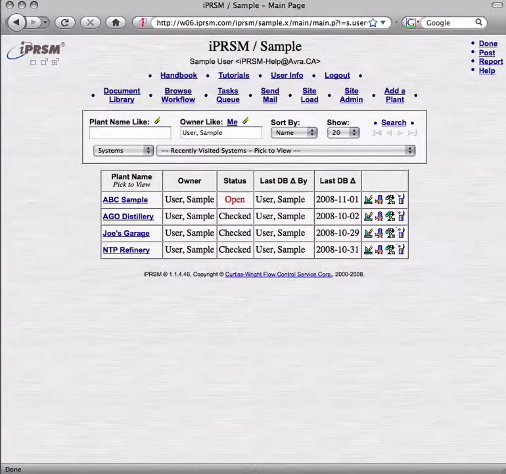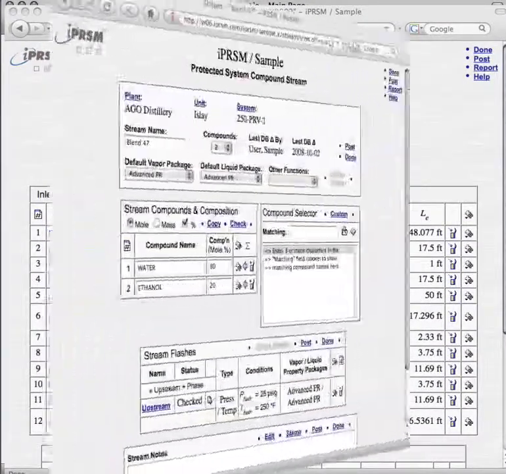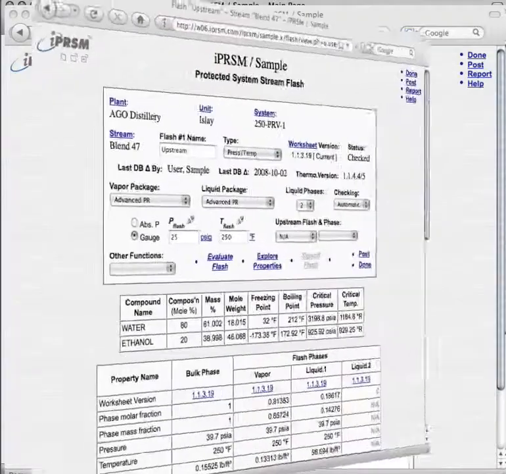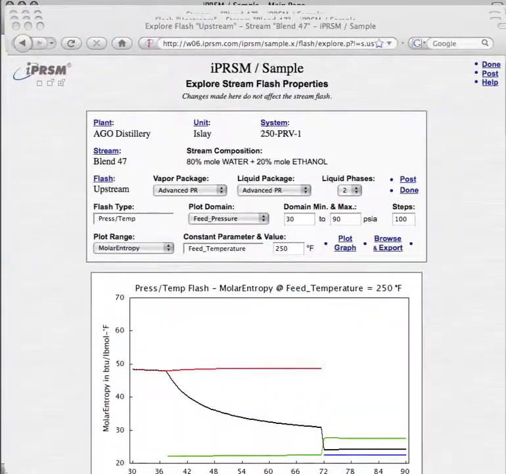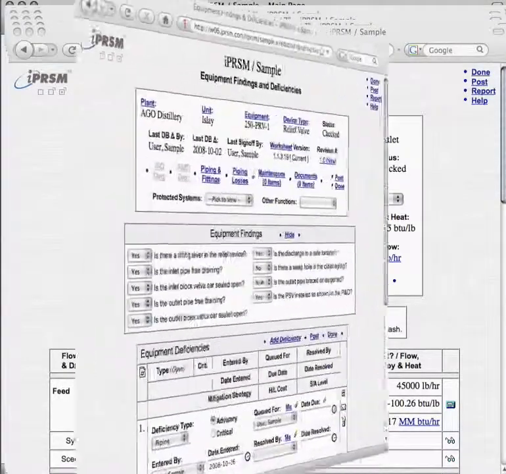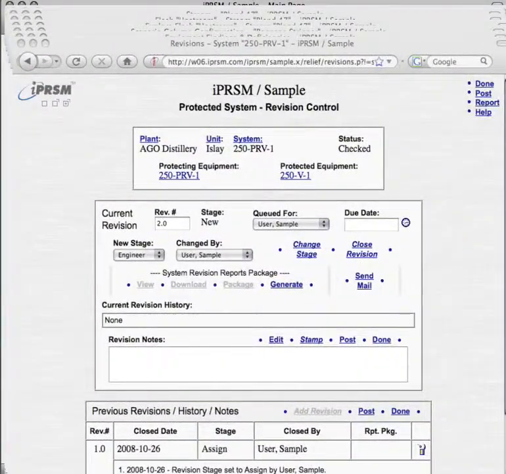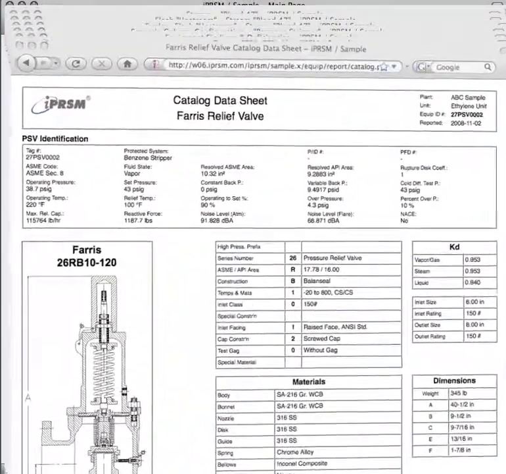This was only a quick taste of what iPRSM can do. Alone among pressure safety management programs, iPRSM delivers a fully integrated solution that also manages equipment piping and fittings, compound streams, flash phase calculations, thermodynamic properties, distillation columns, equipment findings and deficiencies, system revision control, extensive printable reports, equipment libraries